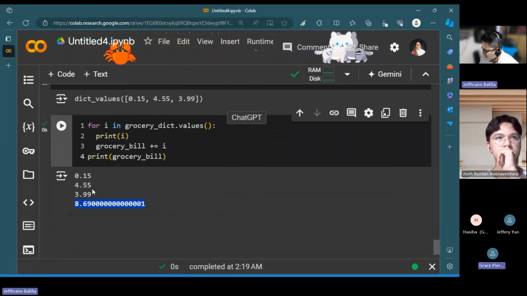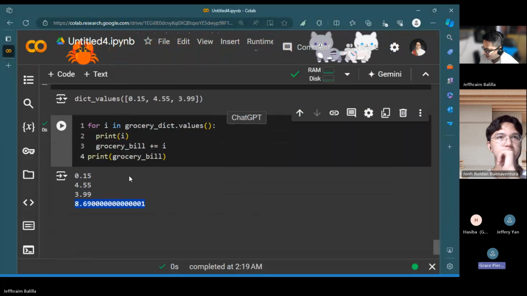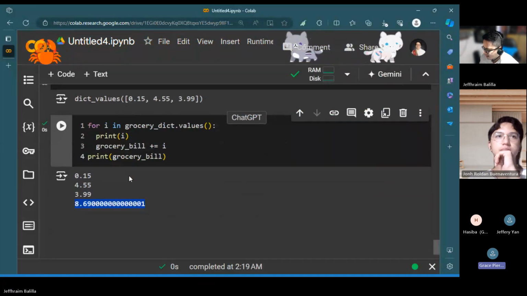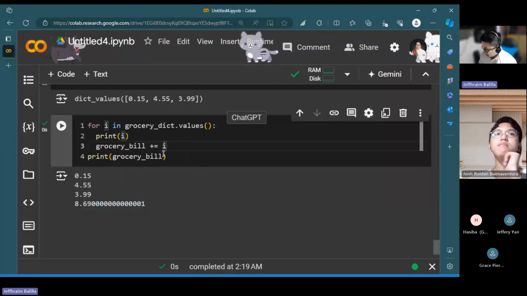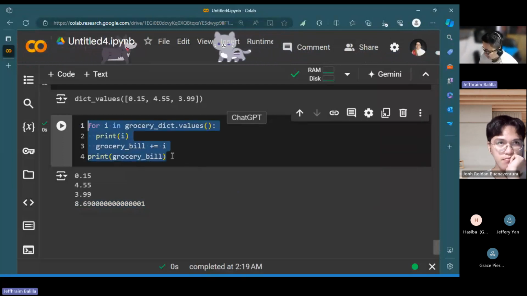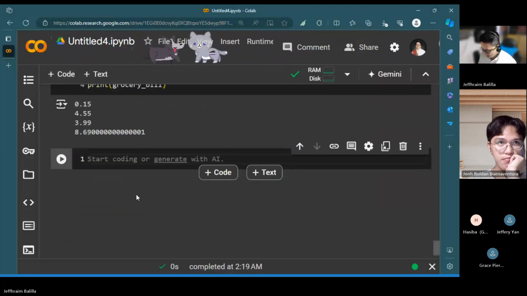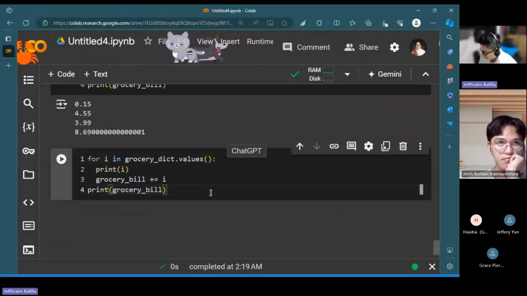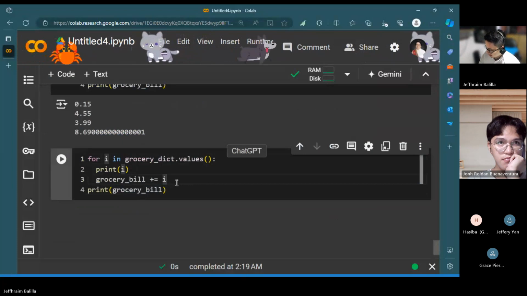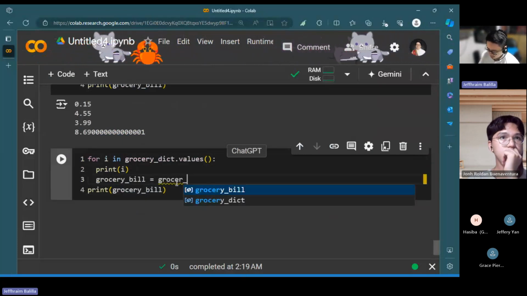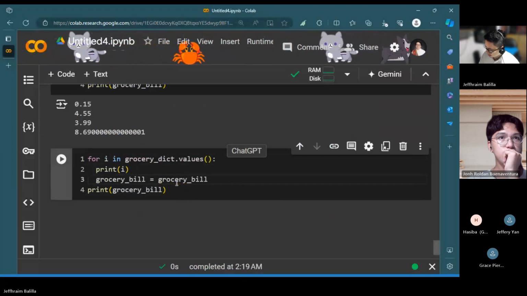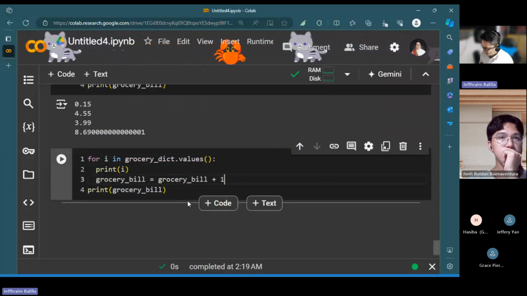55 for 65. How did we get there? We have plus equals i, so that means to sum it up. Yeah, exactly. So let me expound that part. So that part is actually equal to grocery bill plus i. It's just the same thing.